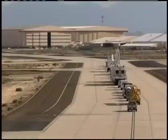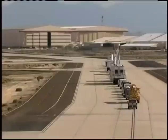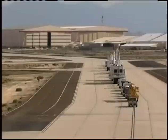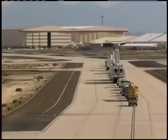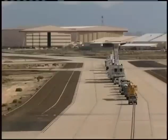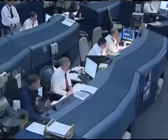Discovery launched 2 weeks ago tonight from the Kennedy Space Center to begin its mission to the International Space Station, delivering new hardware, 14 tons of equipment, and Nicole Stott well into her 3-month increment as a flight engineer with the Expedition 20 crew. The propulsion officer reports that the deorbit burn is underway, 2 good engines, good control of